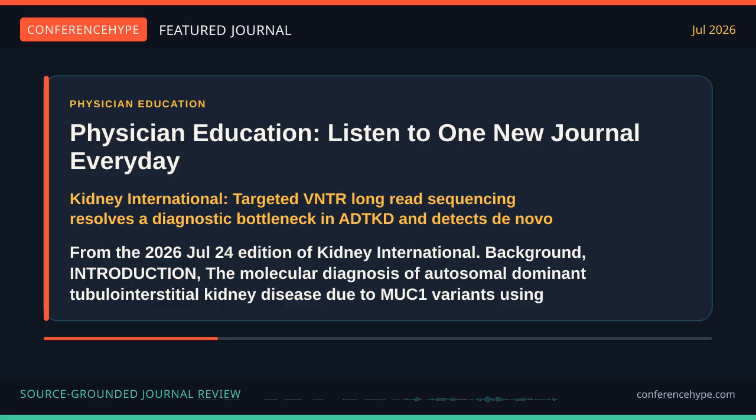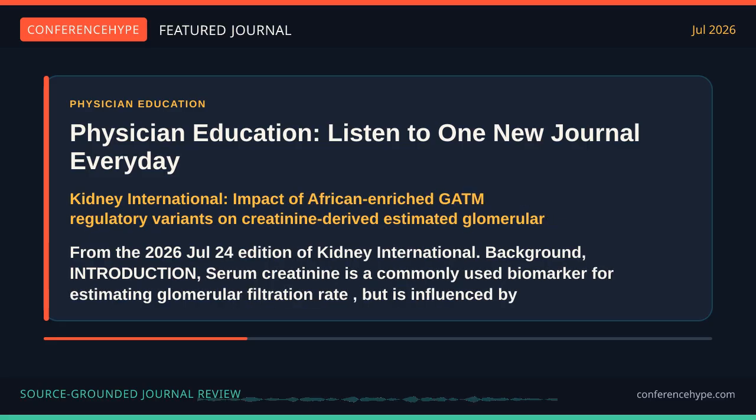Discussion: we propose a combined approach in which short-read VNTR analysis, using the published alignment-free bioinformatic tools, is used as a first-line test, followed by targeted long-read sequencing with VNTR tools analysis for confirmatory testing and in-depth VNTR characterization. From the 2026 July 24 edition of Kidney International. Background: serum creatinine is a commonly used biomarker for estimating glomerular filtration rate, but is influenced by determinants unrelated